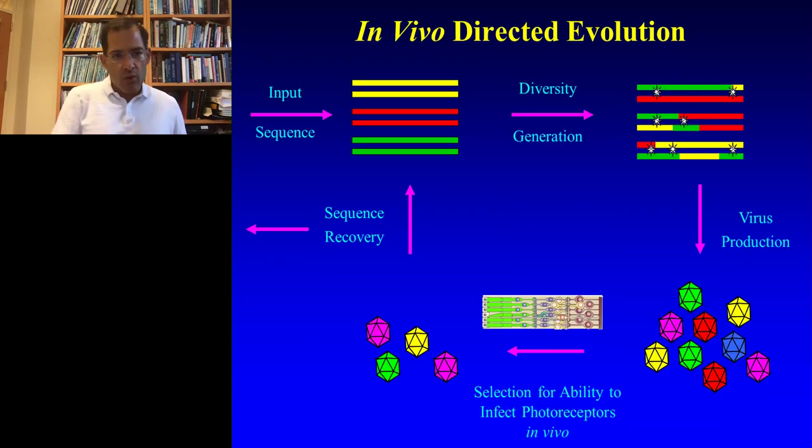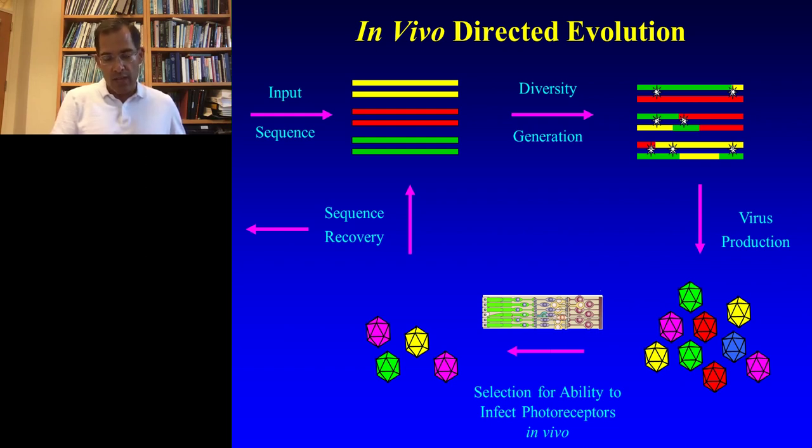Because there's no cell culture model that can really capture the complexity of the retina, we began to do this with an animal model. And the way that it works is that we take our entire pool of several hundred million AAV variants, put them all into a single syringe, inject them into the vitreous fluid of the eye, and wait a couple of days for those variants to reach the target cell, the photoreceptors. We harvest the photoreceptors, isolate the AAV genomes, the cap genes that made it to that target cell, amplify those, repackage them, and spin around this loop,